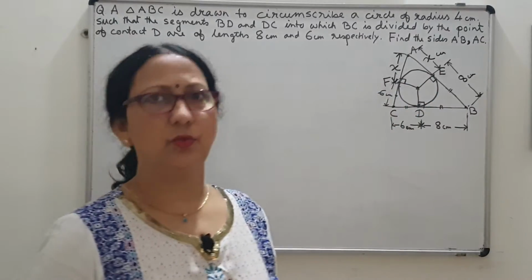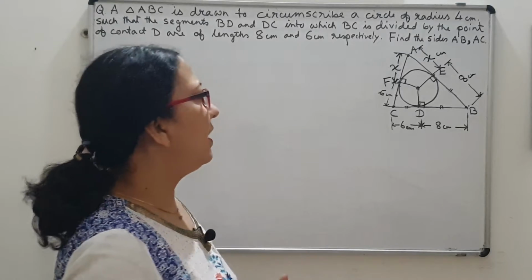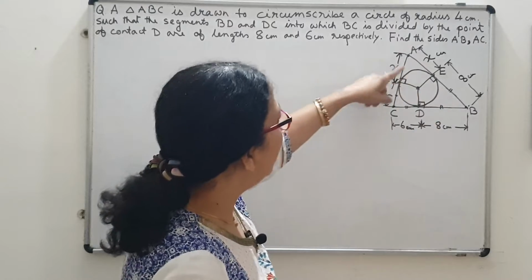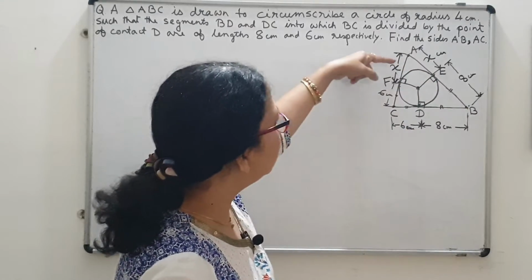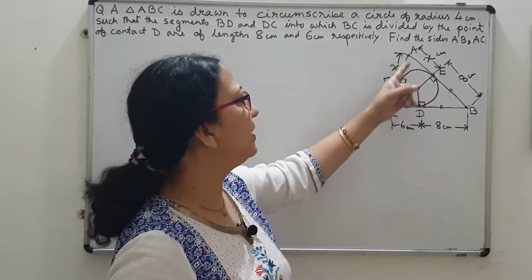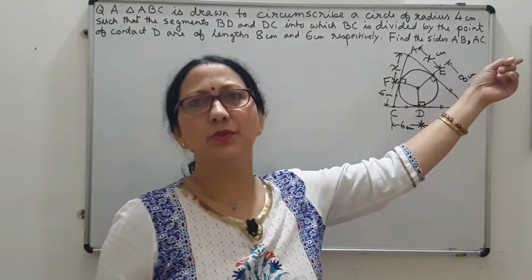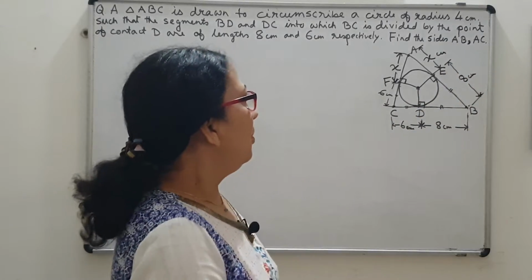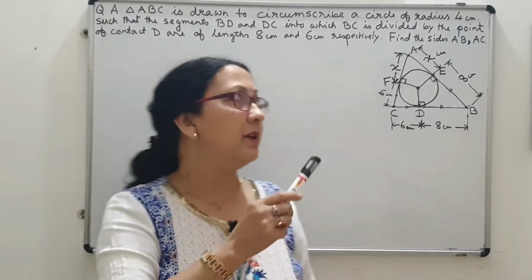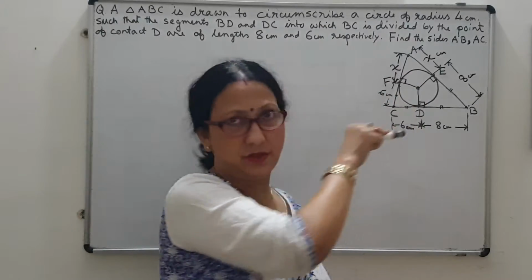So these things we first observe by applying the 2 theorems. Now I have to think what I have to find. I have to find AB and AC. Now AB is x plus 8 and AC is x plus 6. So that means if somehow I can find out the value of x, I know the lengths of the sides AB and AC which are asked to find. So there is one unknown variable x which I have to find. That is, I am reducing my problem to this state.